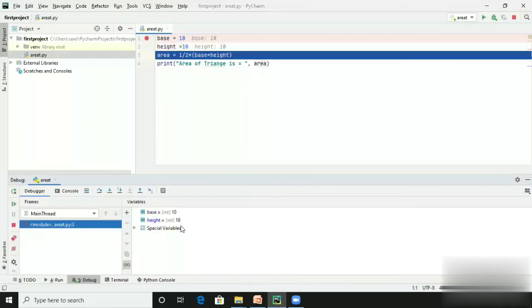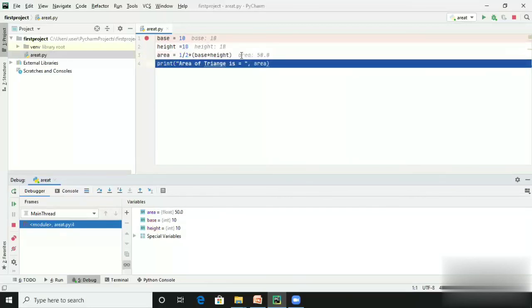See the output in the variable height equal to int and 10, and the next statement is highlighted. When I press F8 again, this highlighted statement gets executed. So area gets calculated. See here, area equal to 50. But the last statement, area of triangle is, is not executed.